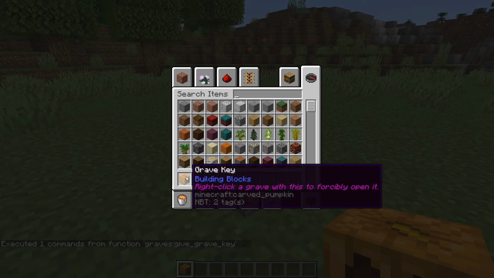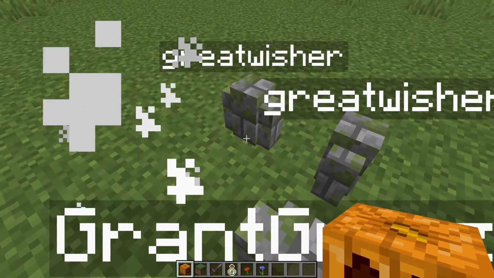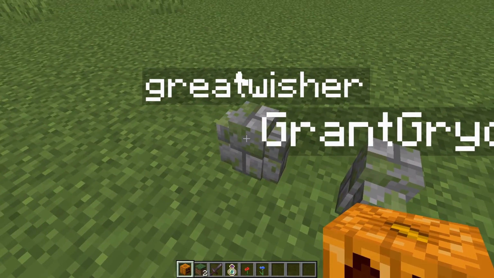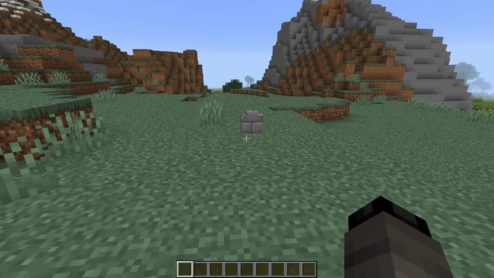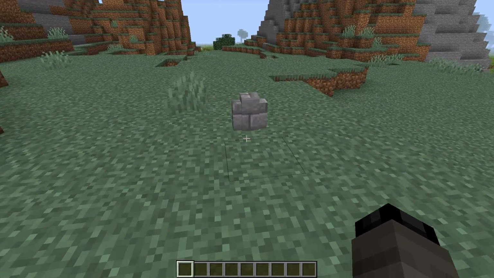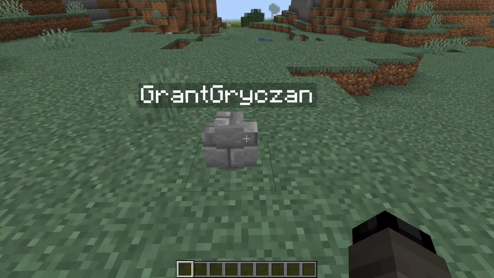Two, if you're an op, you can give yourself a grave key, which is a consumable item that lets you easily right-click graves while holding the item to forcibly open them. I'll show how to give yourself this item toward the end of this video as well. Furthermore, I didn't like how you couldn't tell who actually owned a given grave. So when standing near a grave in this datapack, the name tag of the player who owns it will be